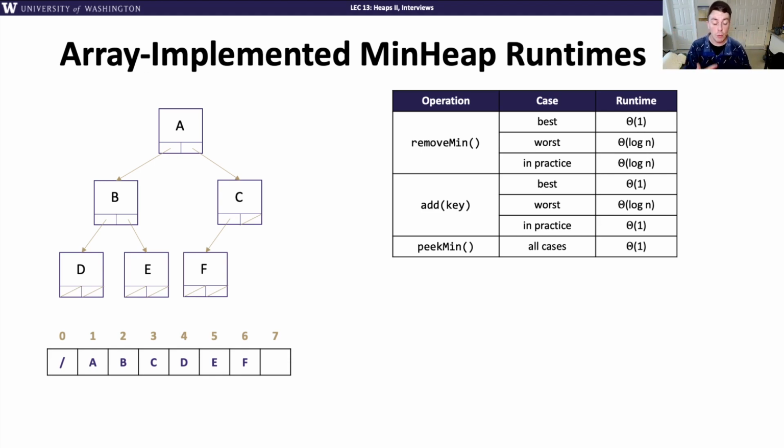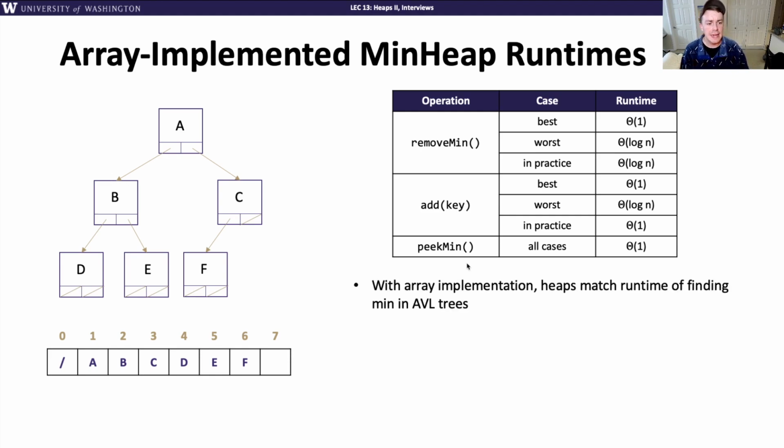I told you earlier that we are not going to improve the asymptotic runtime in the best or worst case. There's still going to be best case big theta of 1, and in the worst case big theta of log n. You still, worst case, might have to percolate that node up. And remember, when we think about the array implementation, percolating up the tree means moving it earlier and earlier in the indices, but it's the same idea. It's just swapping around nodes at indices. So why did we go through all of this trouble to implement it like this if it wasn't going to make this asymptotically faster? So the first reason is